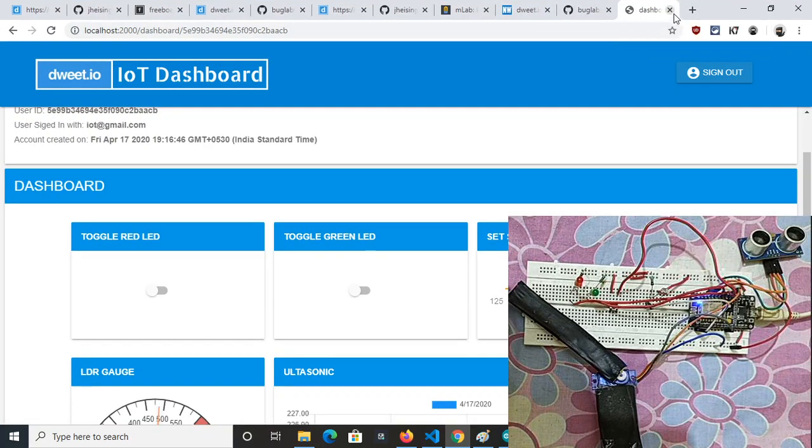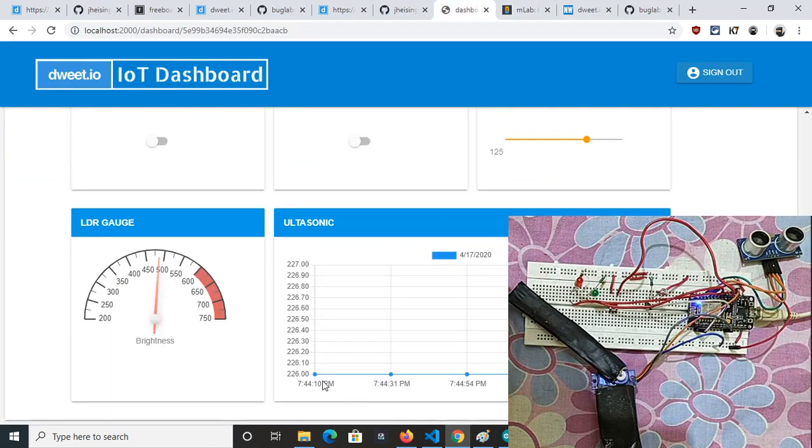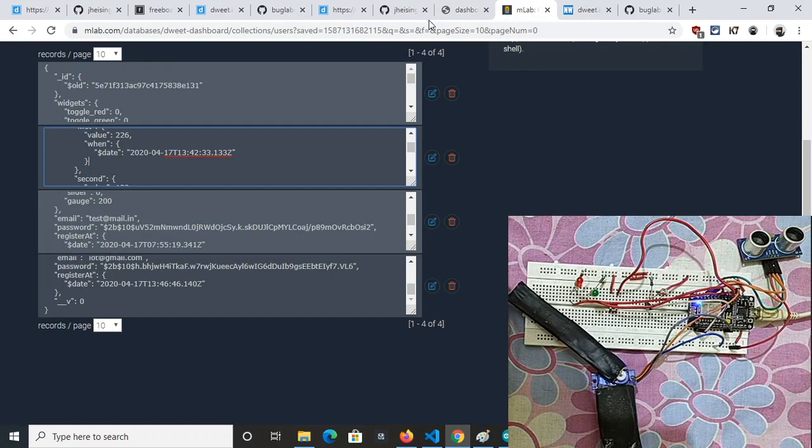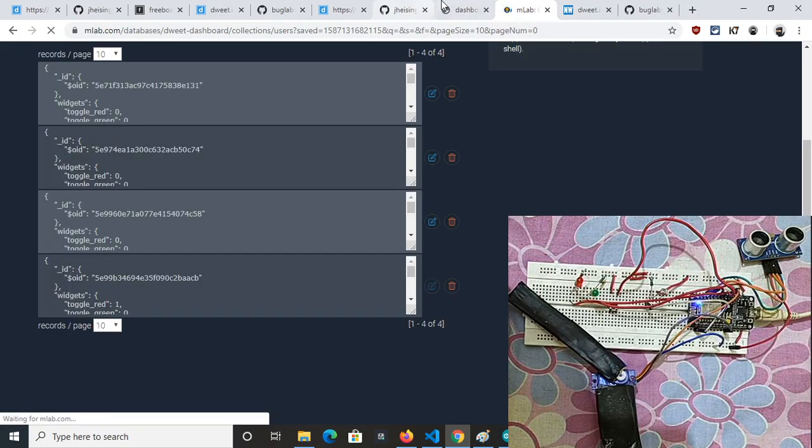It has its own demand, and the connectivity with a database is very useful. As you can see here, our database is at 226 and one value is around 227. Let's log in with iot@gmail.com and check the real-time values of this database as well.